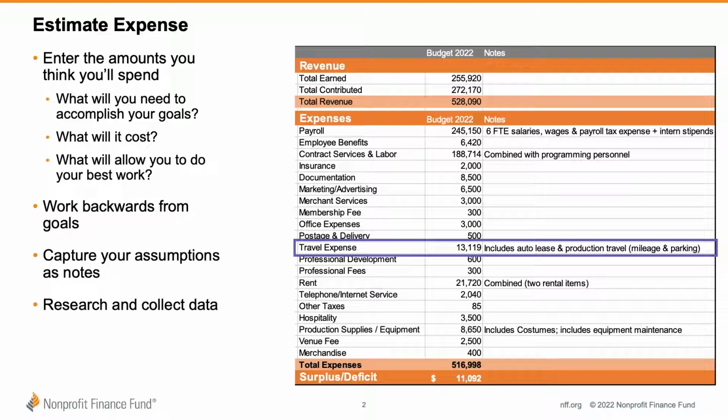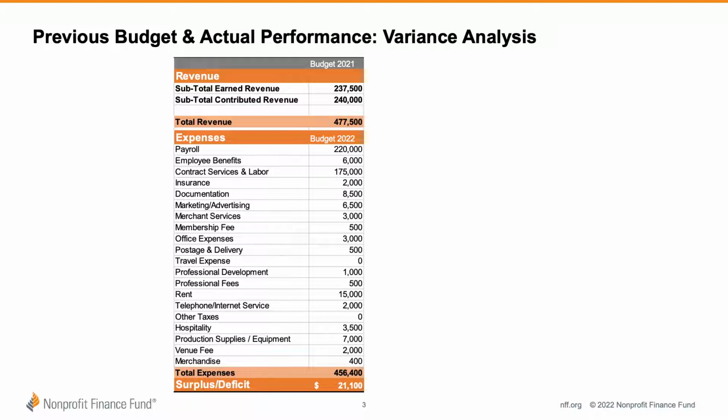Now, that was the first situation where you don't have previous budget information as a reference. But if you find that you are in a situation where you have the benefit of last year's budget, that can be a useful reference for gut checking your assumptions. And so if you do have a budget from last year, before you add numbers for next year, review last year's budget and also review your actual results or performance.